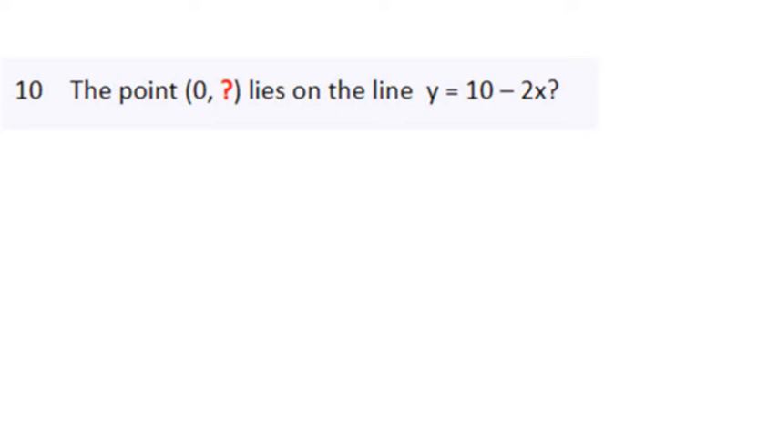Finally, the last question that I'd just like to look at, I've been told the point 0 and then something lies on the line y equals 10 subtract 2x. Now the information I'm given here, this would be my x coordinate and this would be my y coordinate. So I've been given my x coordinate, which I can put into my line. So what I'm told, therefore, is y is equal to 10